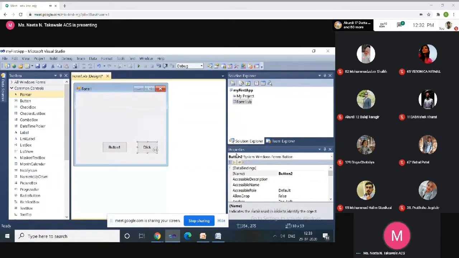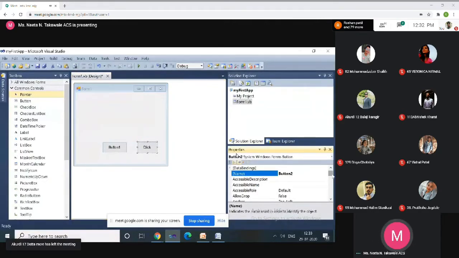So many properties are there, AutoSize is there, BackColor is there. I'm not going to explain each and every property. You can create a simple application, add different buttons and check the use of these properties just by adding values and looking at what changes. We will just discuss the important properties, and I will discuss them one by one.